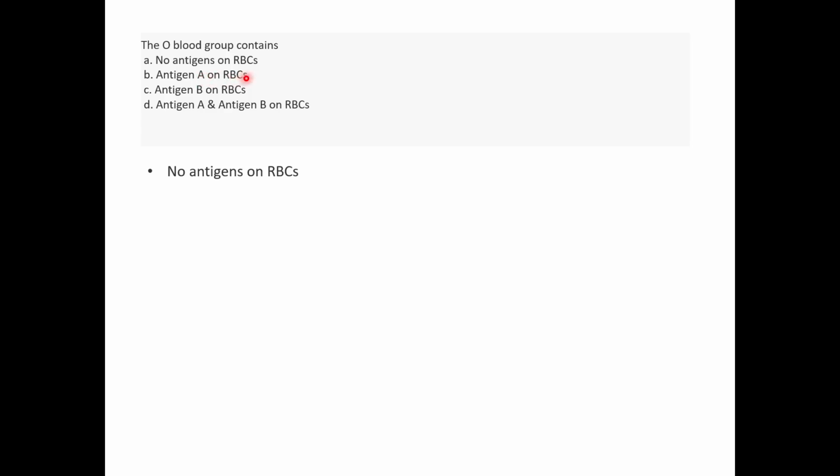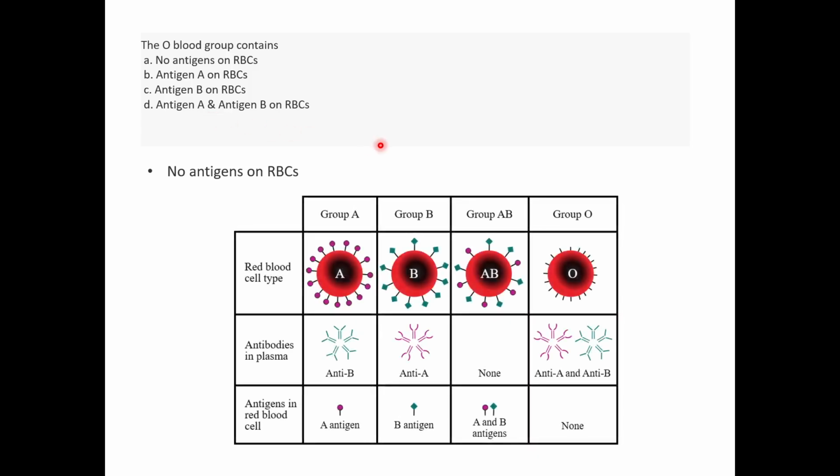RBCs which have antigen A are blood group A. RBCs which have antigen B are blood group B, and which have both A and B are AB. So this is the blood grouping. So we have our RBCs, and we have group A which has antigen A. So it will produce antibodies against B, and group B which has antigen B, so the host will produce antibodies